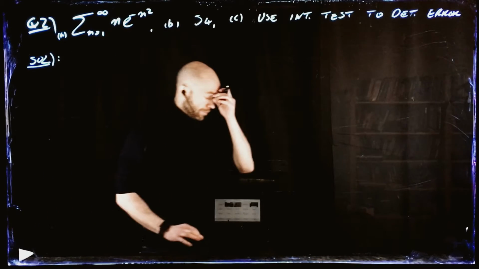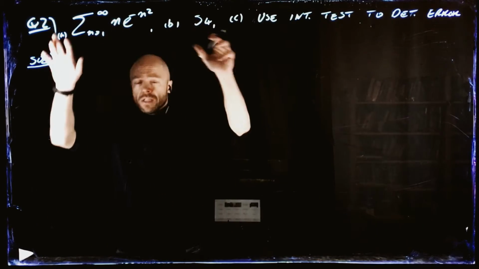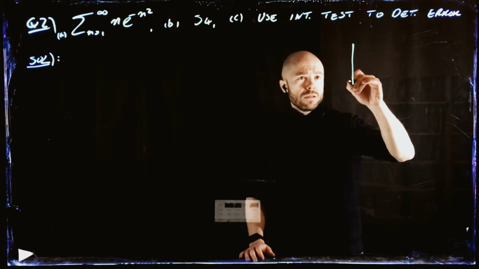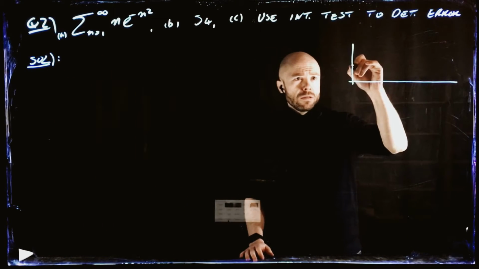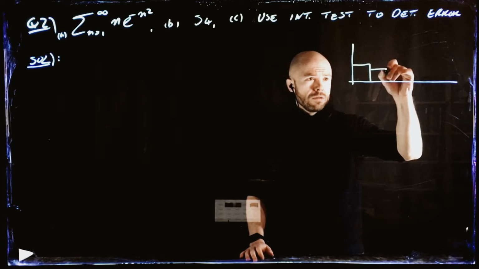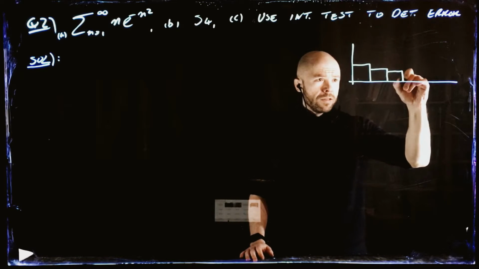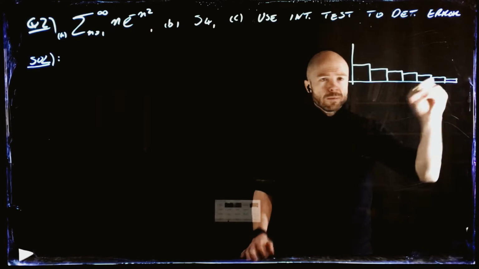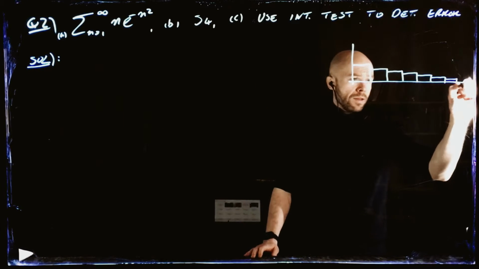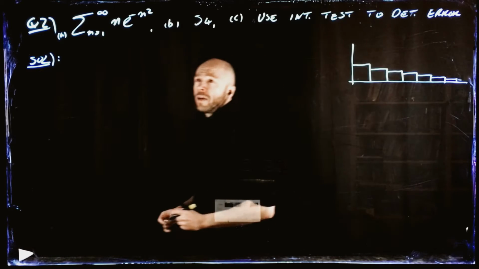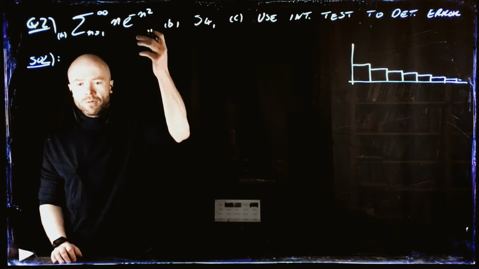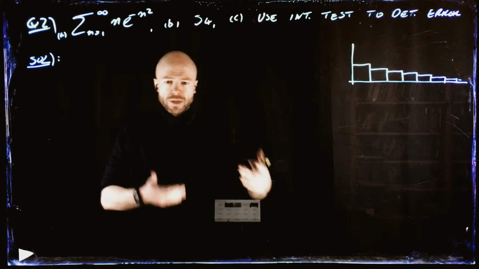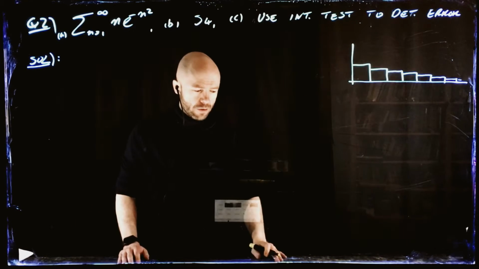Solution. All right, so we have a series of positive terms here. So let's start by drawing a picture. We think of them as being the area underneath these blocks, as always. And we have to use the integral test to show it converges. We're pretty sure it converges anyway, right? We know that these terms are going to 0 incredibly fast, but doing as the question asks, let's use the